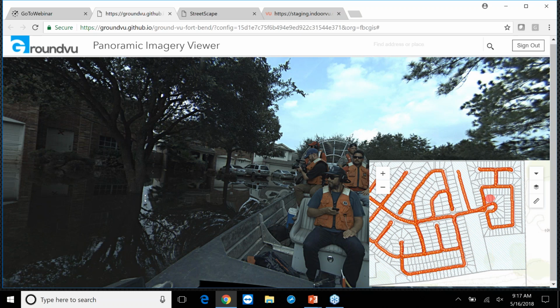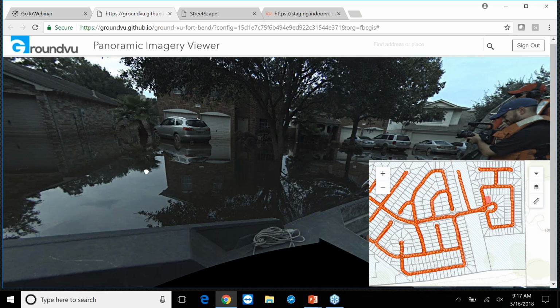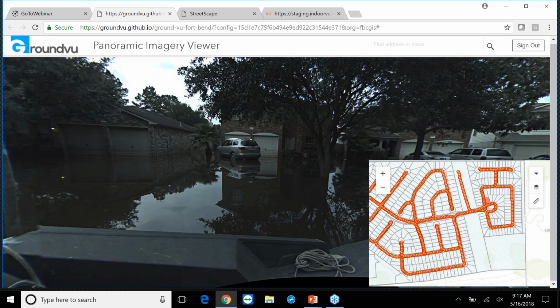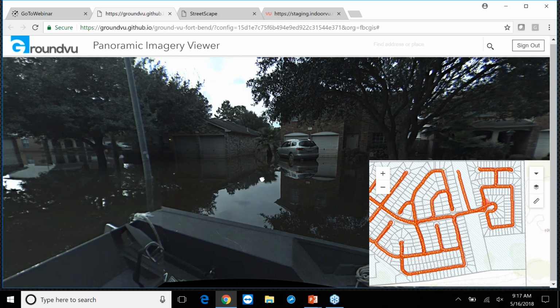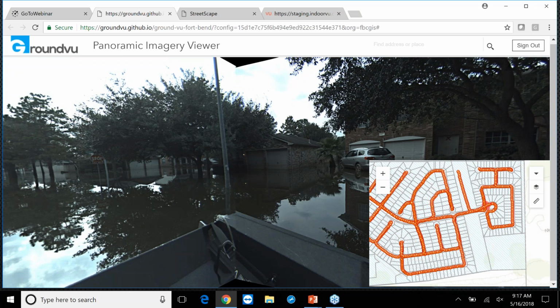One of the things that they needed insight into was the current flooding levels that were still occurring after the incident. So we deployed our unit on an airboat and we navigated around the bayou into the suburbs, collecting this information, making it available to the Emergency Operations Center, but then also available to citizens and the public so they could get insight to what was happening with their properties